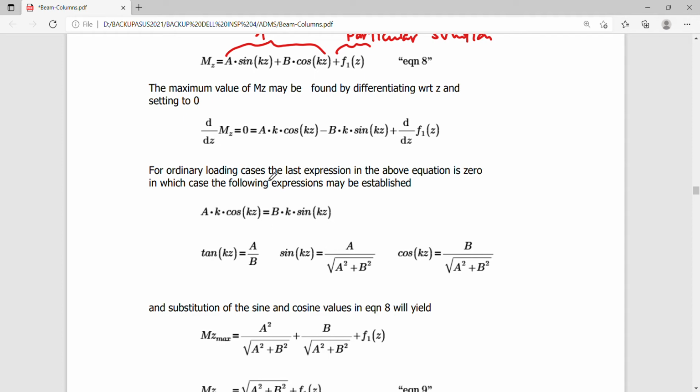So equating it to 0, we can differentiate this with respect to z in this form, such that your remaining equation will simply be given by the first two expressions, such that the third expression here simply becomes 0,